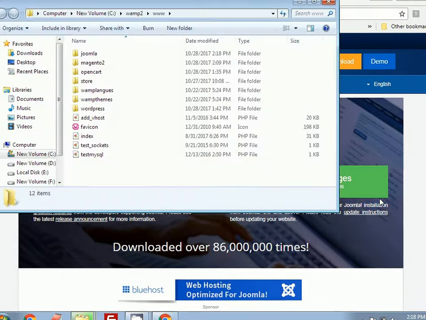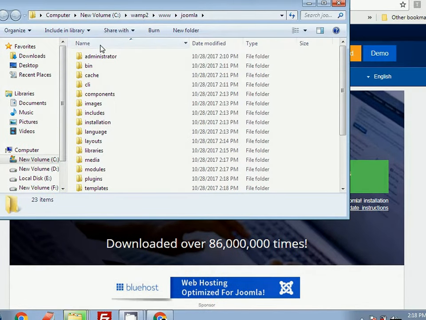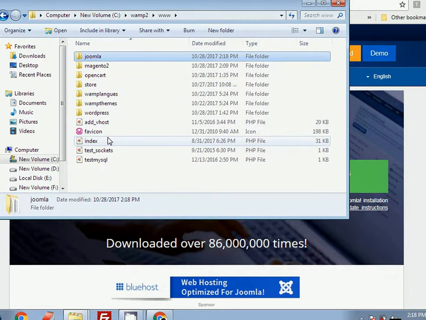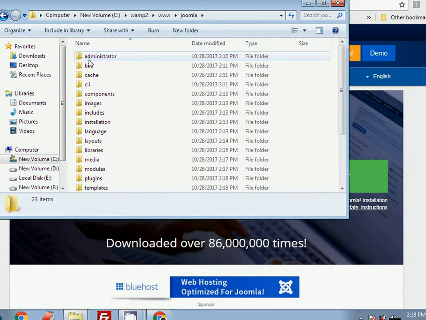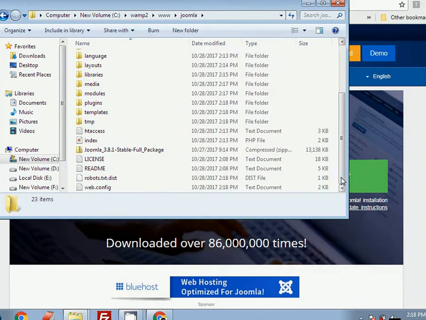When you open the www directory, you can see different files placed there. Since this is Joomla based, you just need to create a new folder called Joomla. Open that folder and place your zip file in it.